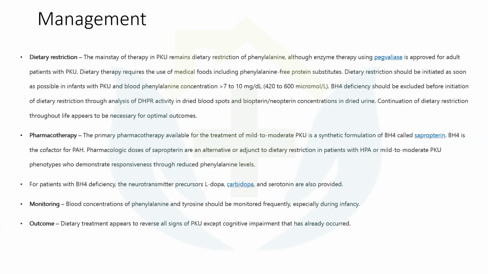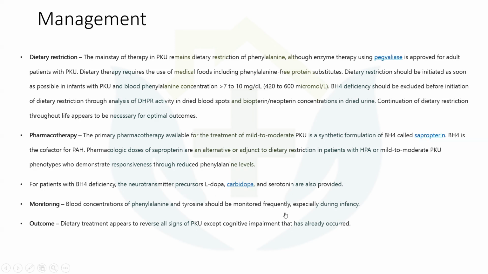Basically, it is the initial therapy and should always be implemented immediately. And sometimes, as I said, the BH4 cofactor deficiency can also have some effect on the metabolism of phenylalanine. So that's also one of the reasons, but in very minor cases. The main therapy is the dietary restriction. And for pharmacotherapy,